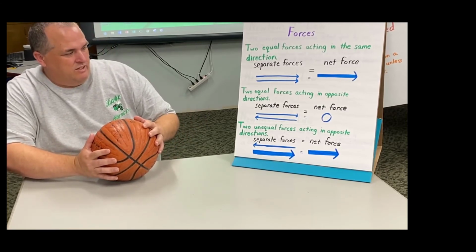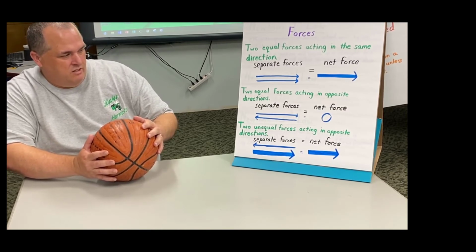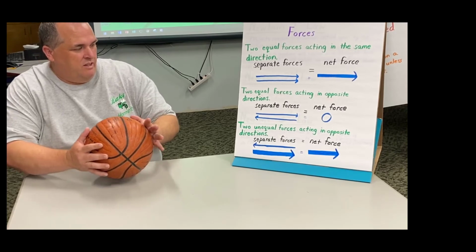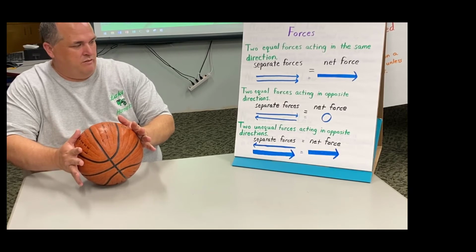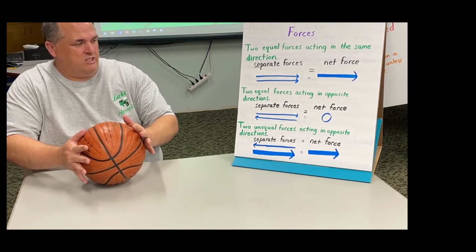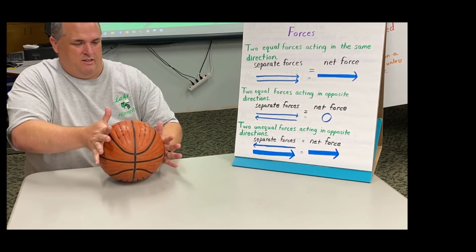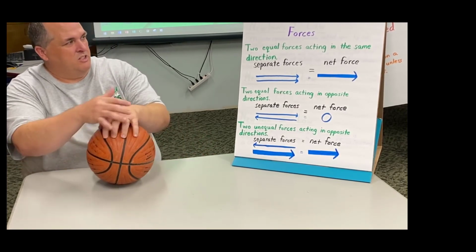Now, we're going to look at two unequal forces acting in opposite directions. That means when I'm applying more force from one arm than my other arm is, the basketball is going to go in the direction of the most force that's pushing, like so. So as you can see,